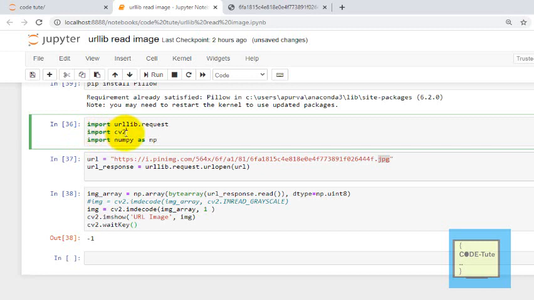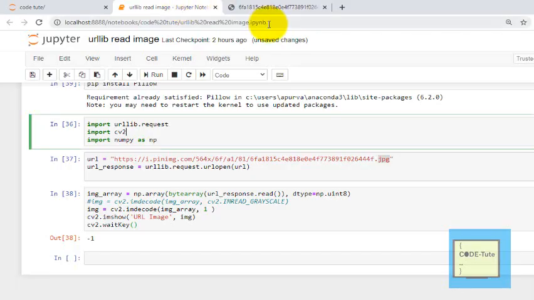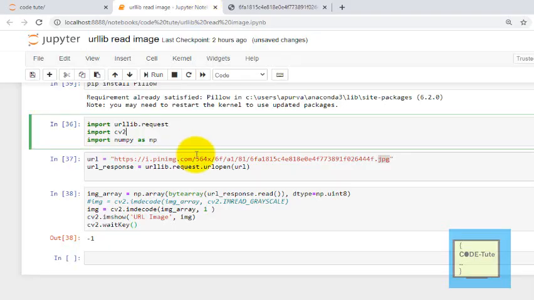So here I'm going to write a program which will take this URL, and with the help of this URL I'm going to fetch the image in my program and display that image in a window. So for that purpose I am going to use import cv2 as well.